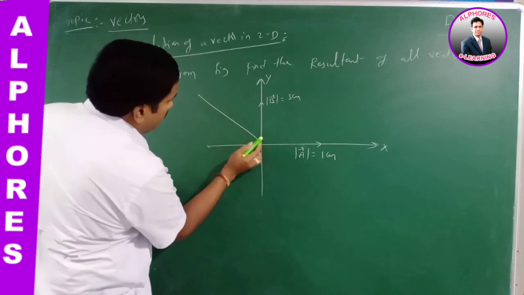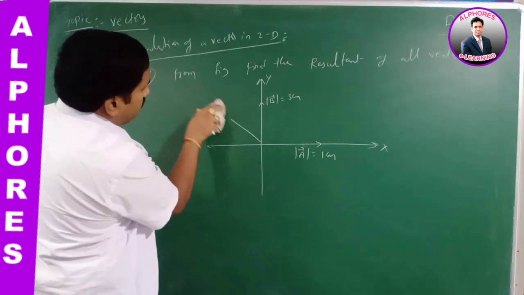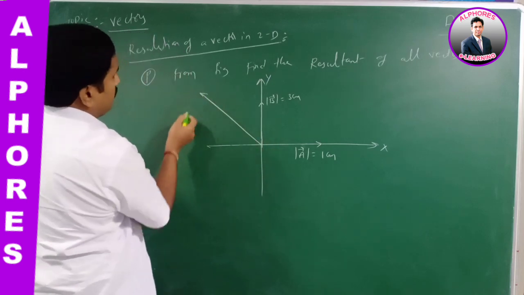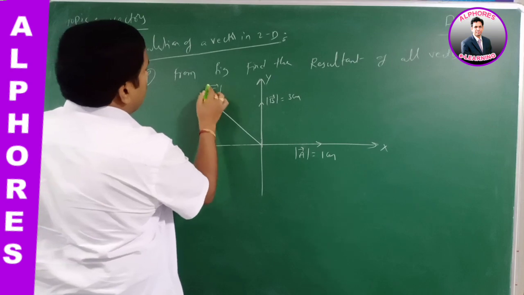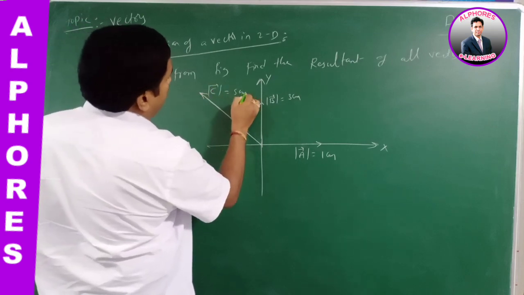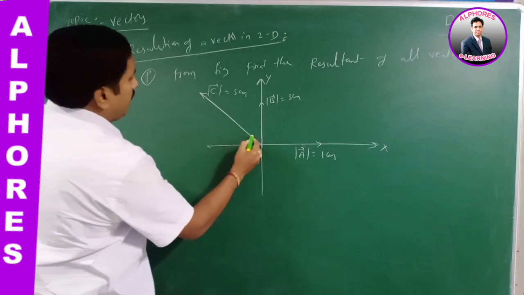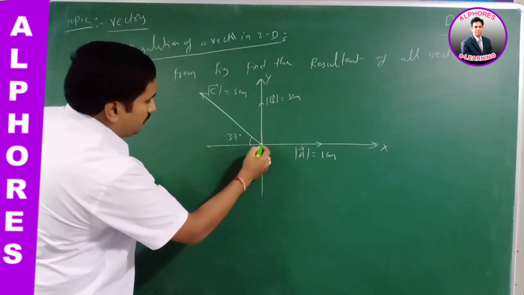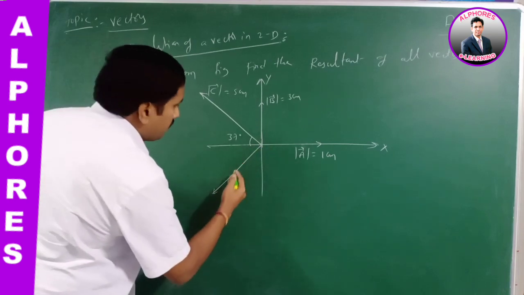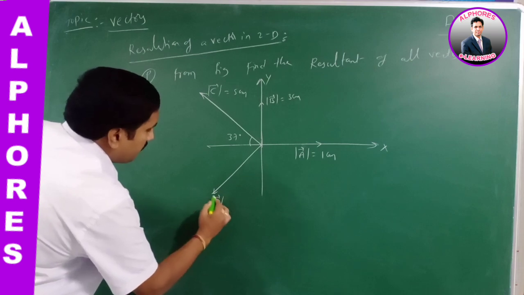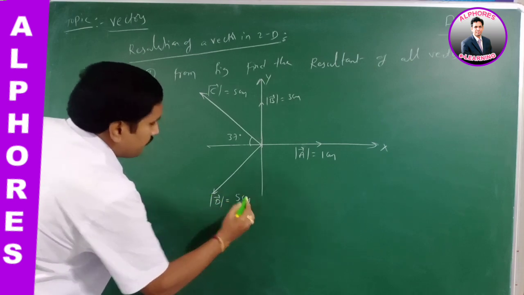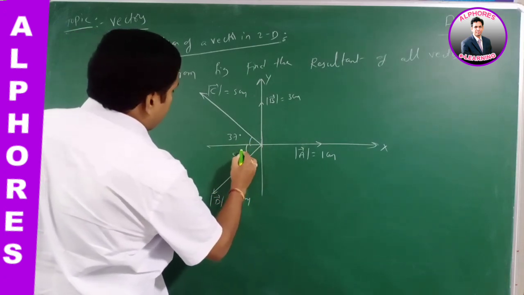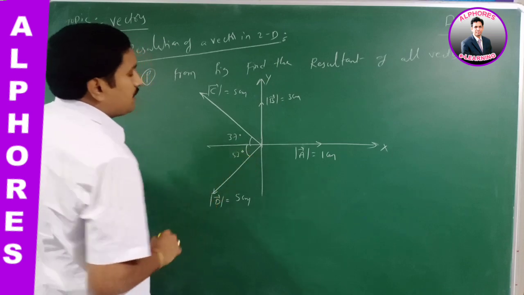Let us say it can be taken as the third vector. Then the magnitude of this third vector is 5 centimeters. It makes an angle, let us say 37 degrees, with the negative x-axis. And the fourth vector is taken in the third quadrant, that means the magnitude of D bar, which I am also taking as 5 centimeters. This fourth vector makes an angle, let us say, 53 degrees.